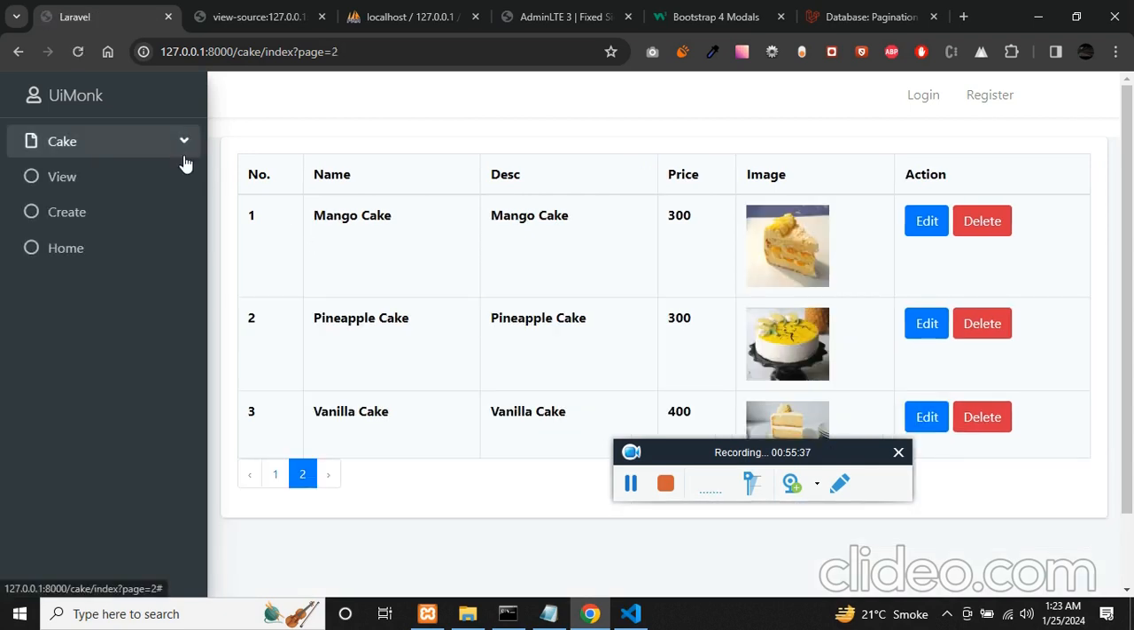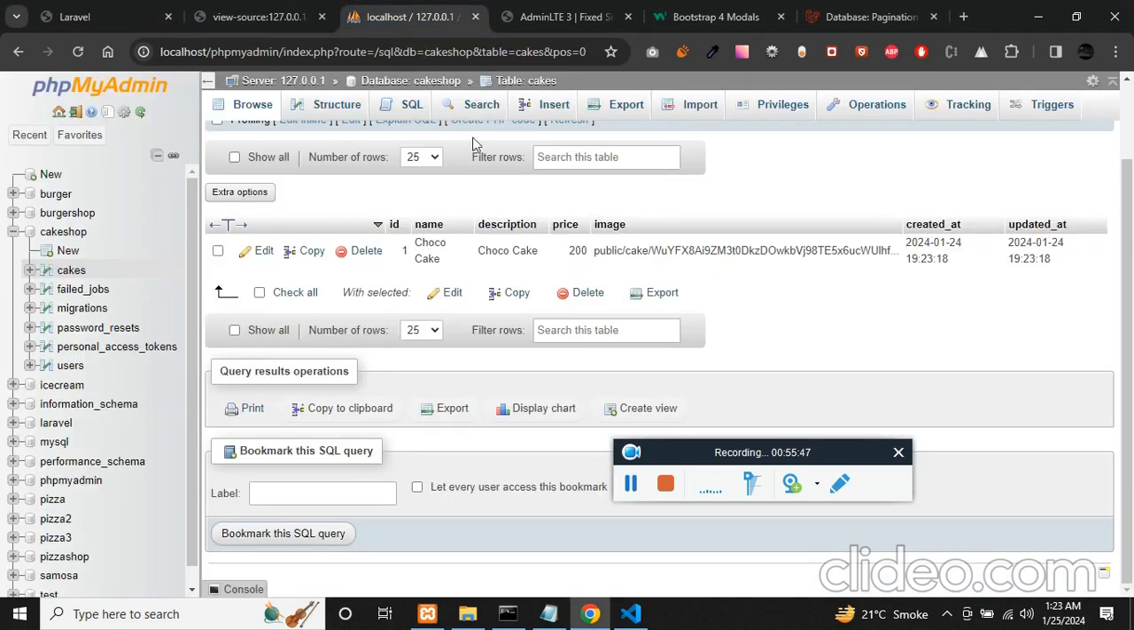Now what we need to do, by this we have completed the CRUD operation. Now let's work on the login and logout. So let me log in. So as you know, for the admin, it should have 1 in the